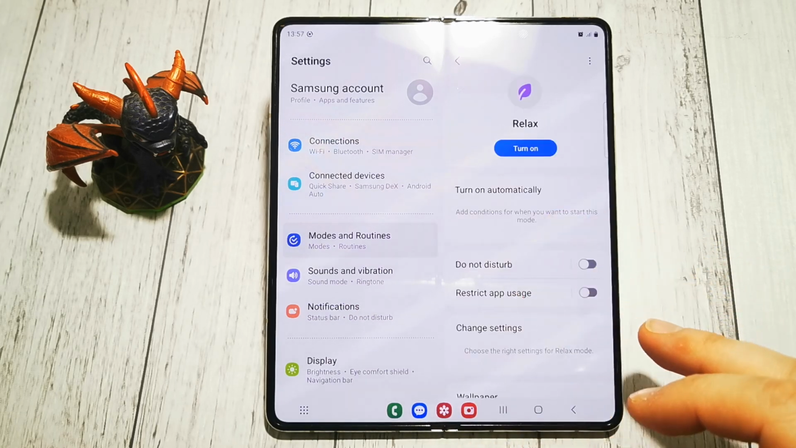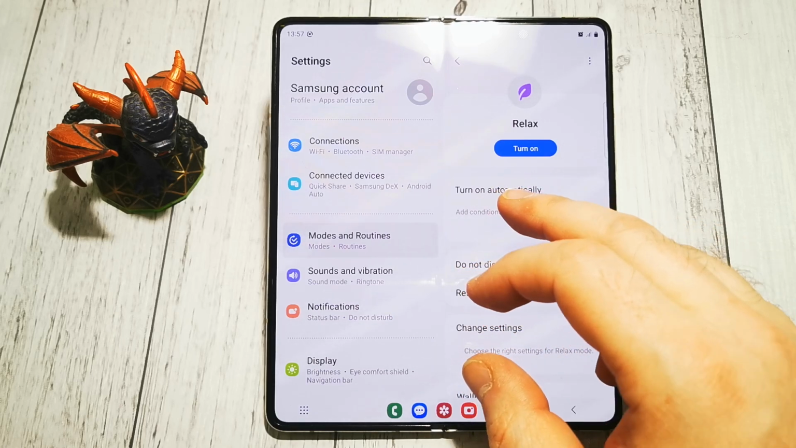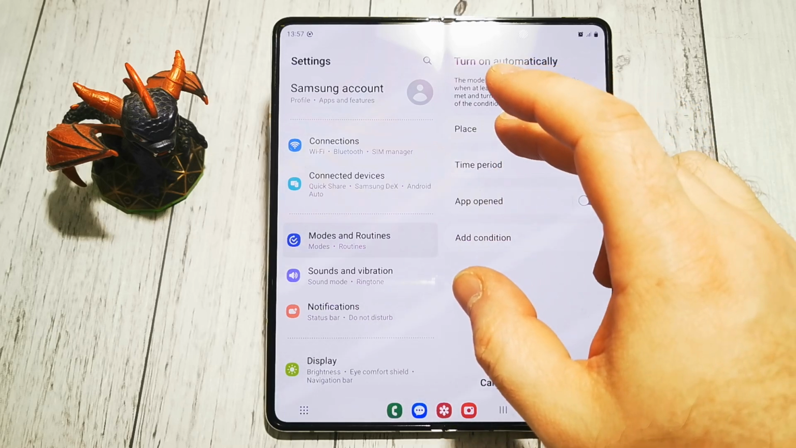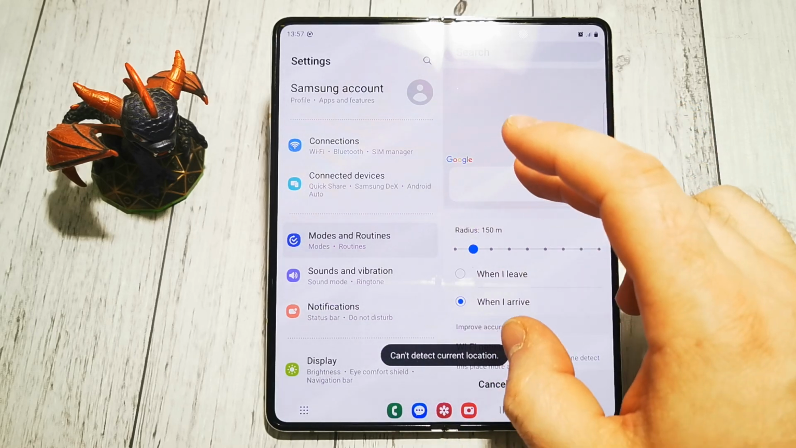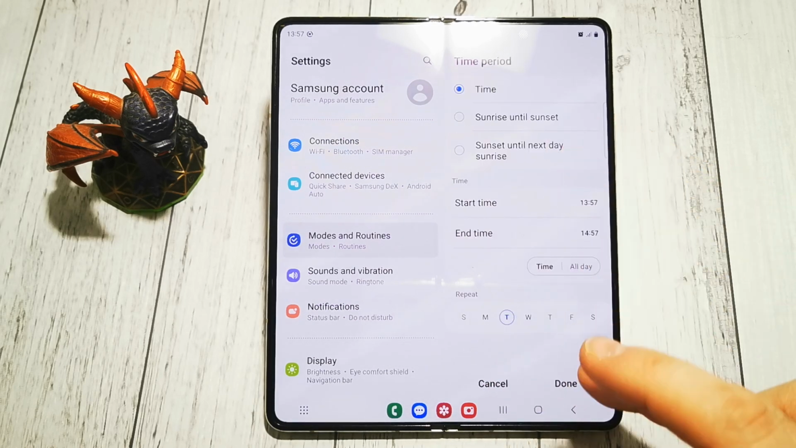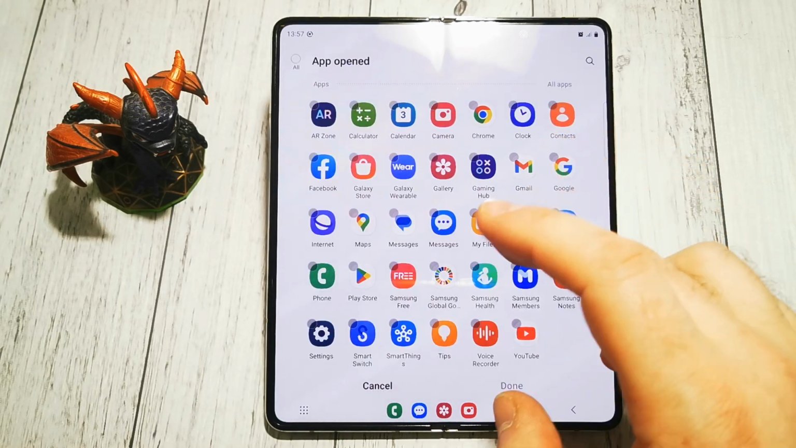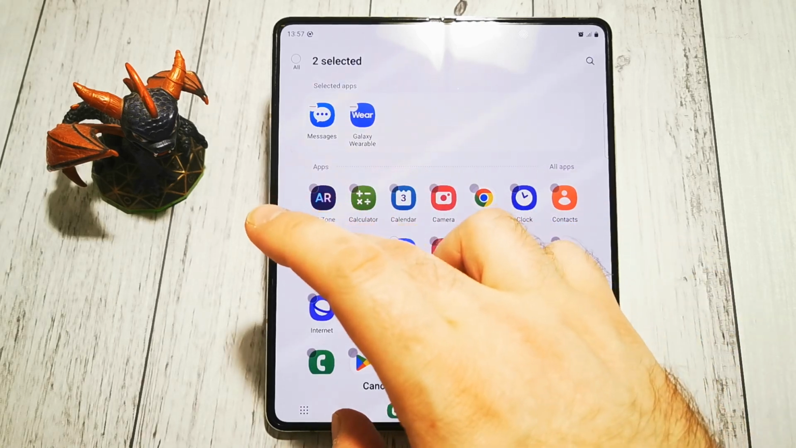This is default option, so we can customize it by a fair bit. For example, we can add a place. We can also add time periods. We can set up time period. We can choose applications that will be opened